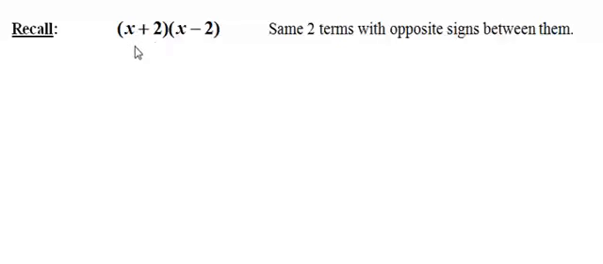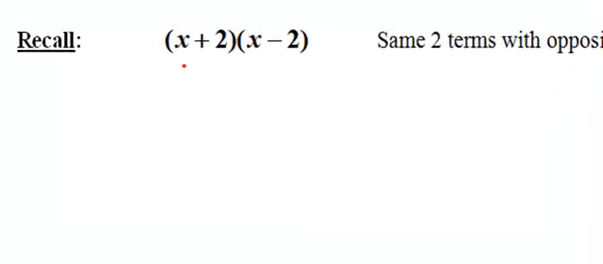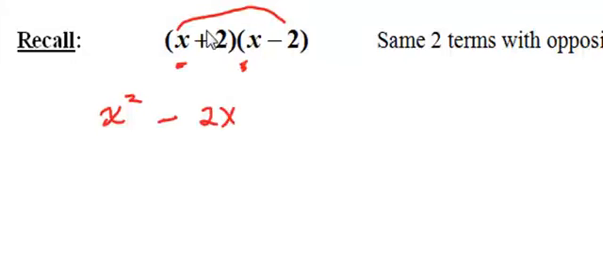Here we have two binomials being multiplied. Notice we have the same two terms, but opposite signs in the middle. And what happens? The first times the first, x times x, gives us x squared. The outer times the outer, well, positive times a negative is negative, and 2 times x is 2x. And the inner times the inner, well, a positive 2x. And then the last times the last, a positive times a negative is a negative, and 2 times 2 is